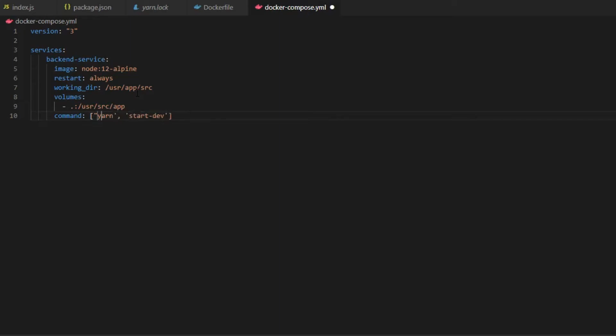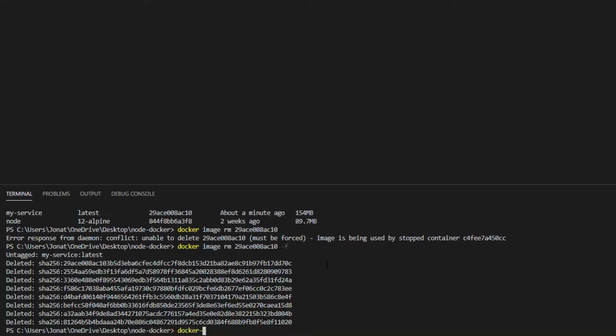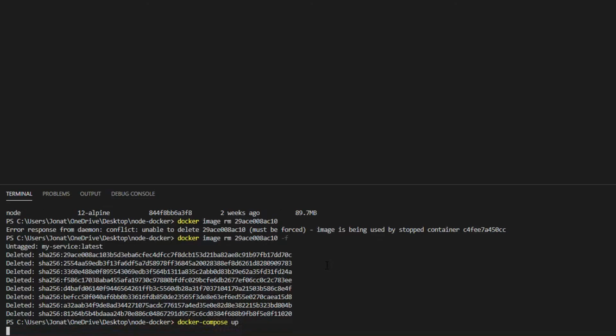I'm not really sure about that, but I'll keep it that way. And then finally we want to define the ports that we're exposing. In our case, it's going to be 3000 to 3000, the same as we ran the Docker image in. So now if we run docker compose up,